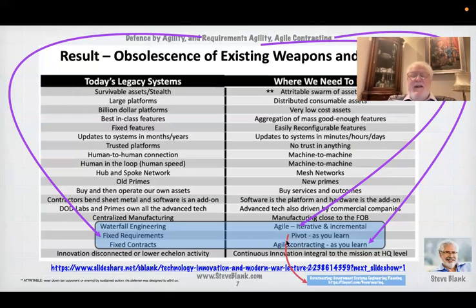And I just took one of his slides, and I just love this list of legacy system thinking down here on the left, and this large collection of very interesting concepts, which he says are the future, in this case, for the US Department of Defense. Necessary, and some of them pretty radical steps forward, like attributable, and I've defined attributable down there, swarm of assets, just that concept alone. You can get more information from this, but I think it describes a new environment in which certainly the US Department of Defense acknowledges they've got to